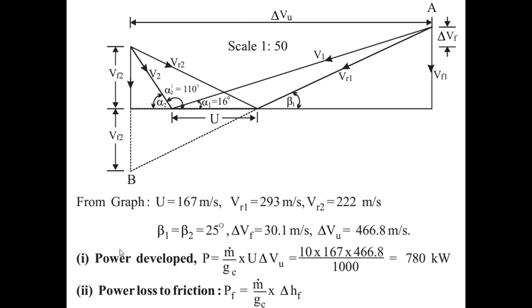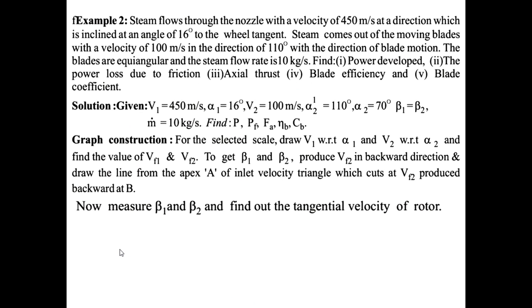Or in general, you can keep in mind that alpha 2, in 90% of cases, is not more than 100 degrees. So what they have taken with reference to the tangential direction of the blade is 110 degrees. If you measure from the tangent base, it is 110 degrees. Means alpha 2 dash is given in the problem. So find out alpha 2. How to find out alpha 2? Alpha 2 is equal to 180 minus 110. It is 70 degrees. Alpha 2 is given indirectly, not directly.